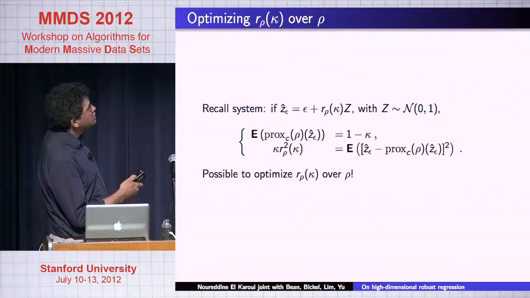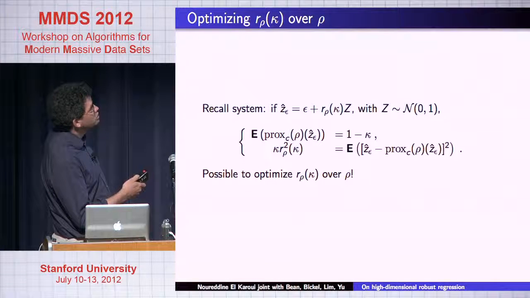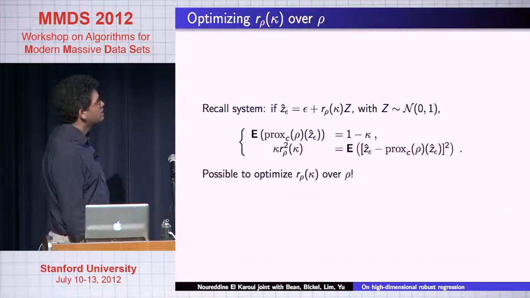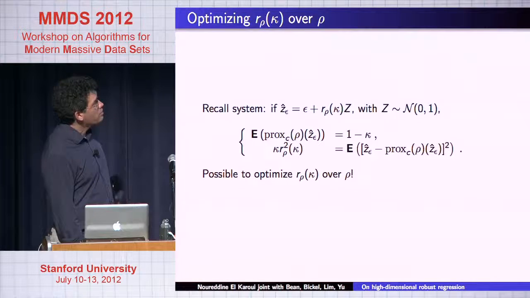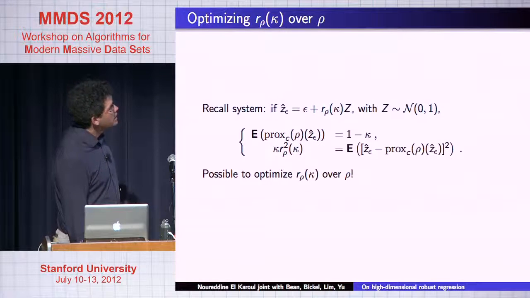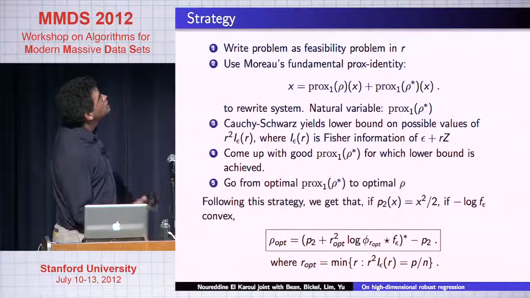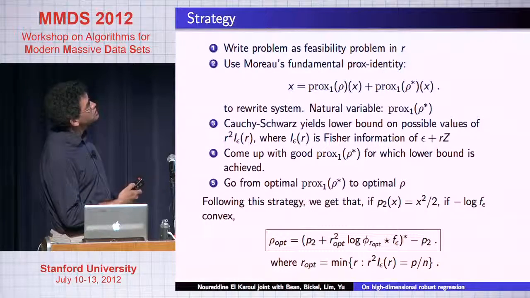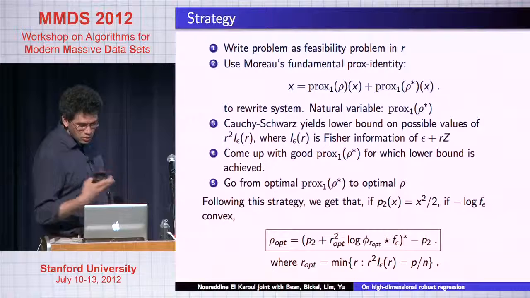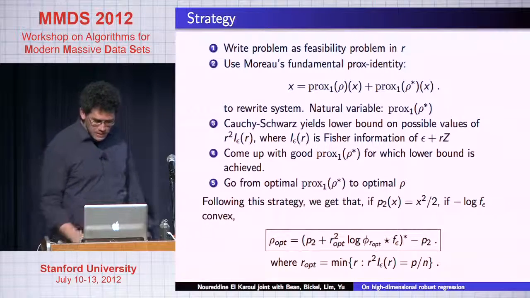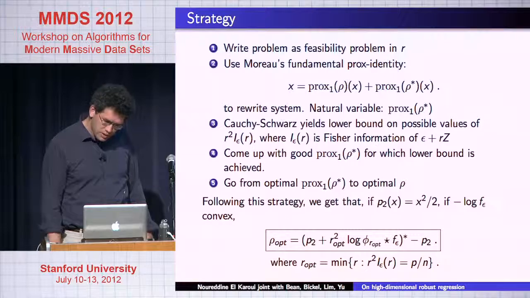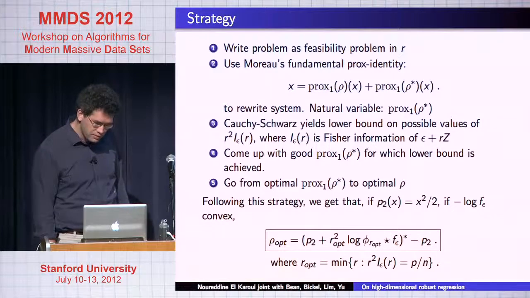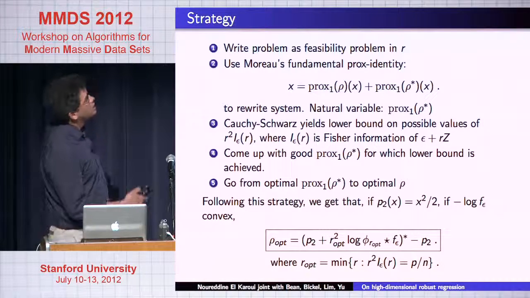And the problem too is that rho appears here, but it's also hidden in the distribution of z hat epsilon. But it turns out that we can still optimize R rho kappa over rho. Okay, and what we did is we wrote the problem as a feasibility problem in R, which R are possible. And then the fundamental thing is really this result of, again, it's in the 65 paper of Moreau, the fact